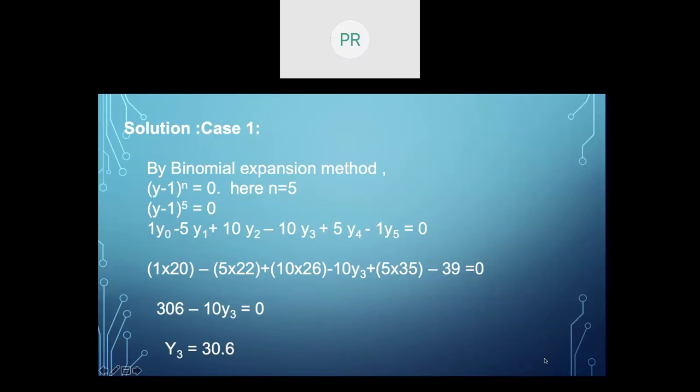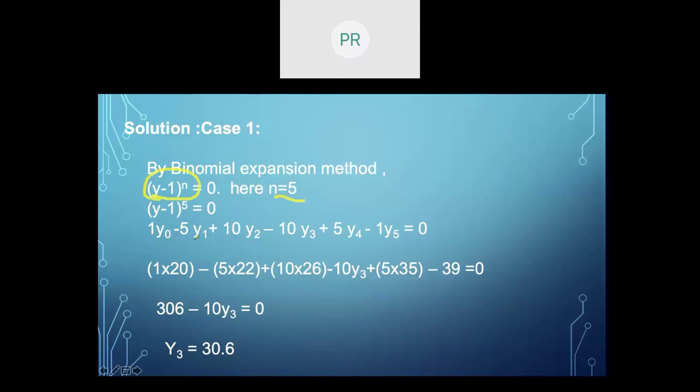So solution, case 1. So case 1 I have told you that it is an interpolation method by ignoring the last factor, the last value. So by binomial expansion method, we already have a formula of binomial expansion which is given by (y minus 1) to the power of n is equal to 0. And we saw that the value of n was 5. So just substitute n is equal to 5. The equation reduces to (y minus 1) to the power of 5 equal to 0. Next, we have to expand the binomial equation. As such, the equation is expanded as